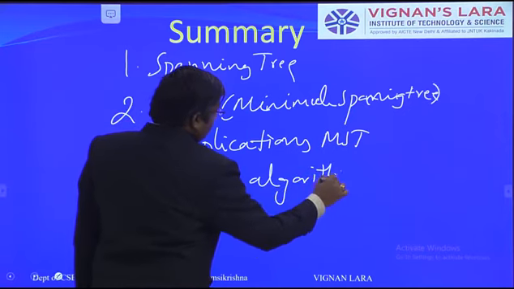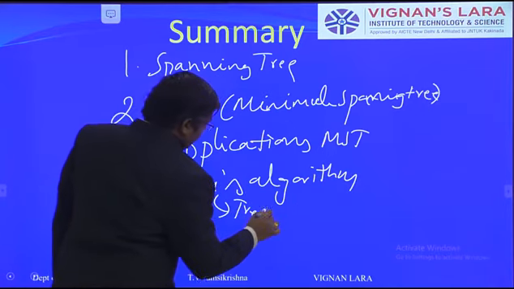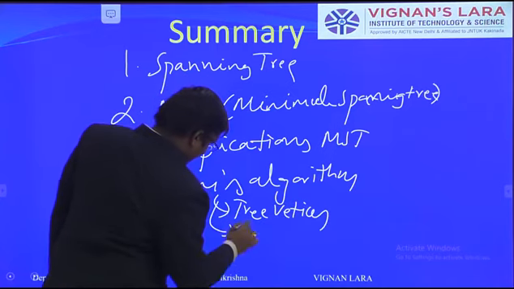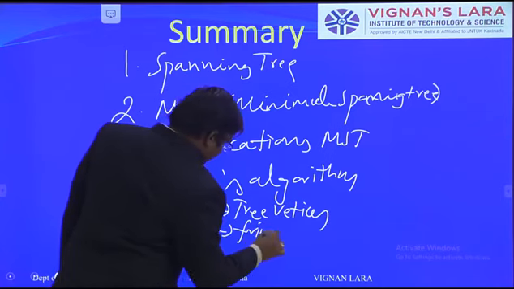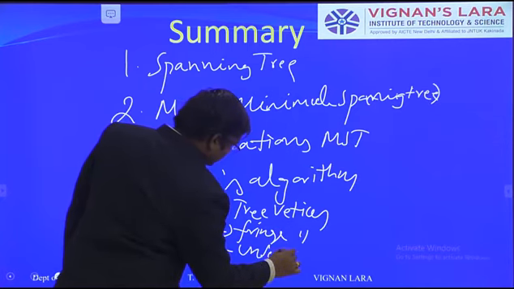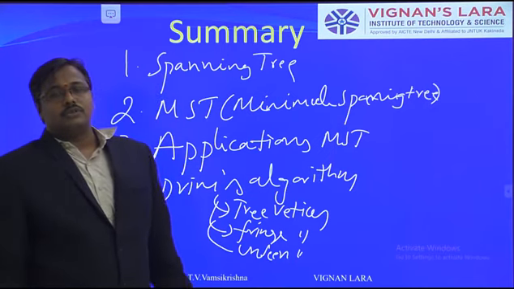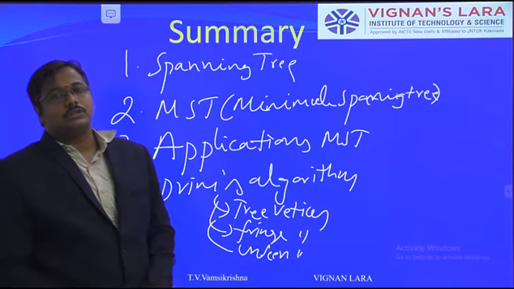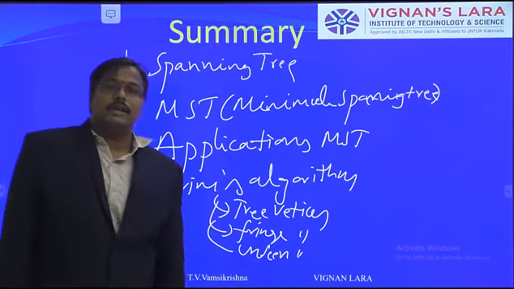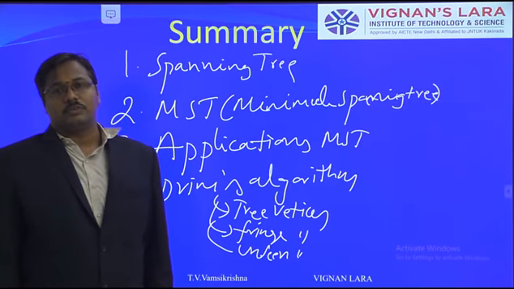In Prim's algorithm, each and every time we want to identify three kinds of vertices: tree vertices, the next fringe vertices, and third, unseen vertices. When all the vertices become tree vertices, our objective is complete. So this is Prim's algorithm. In the next class we will discuss Kruskal's algorithm, which is the second kind of approach. Thank you.